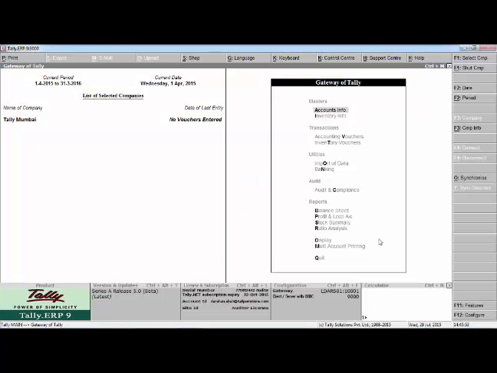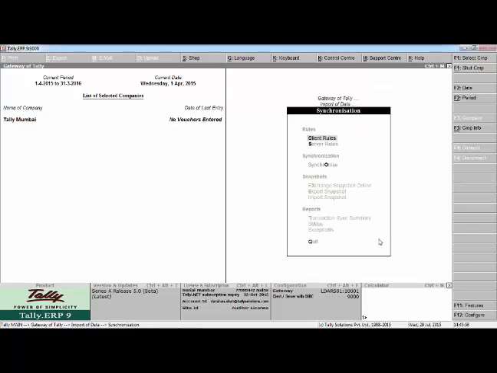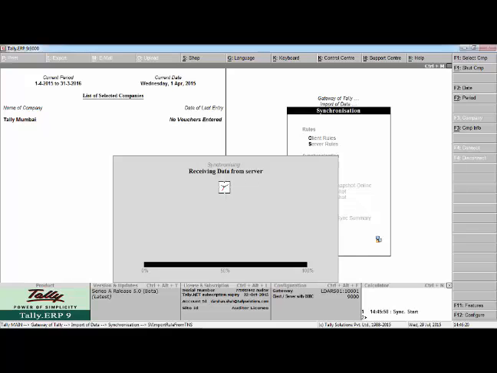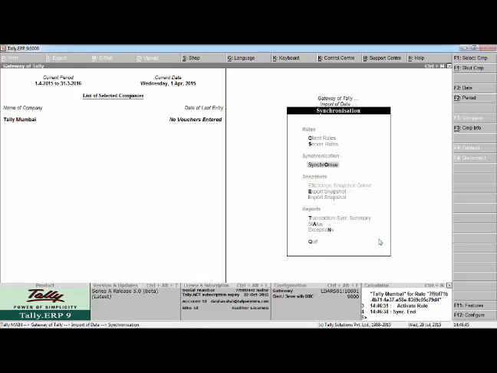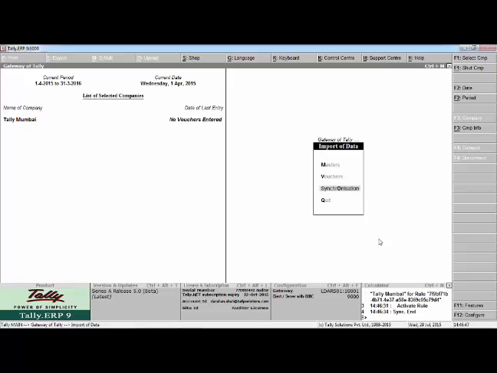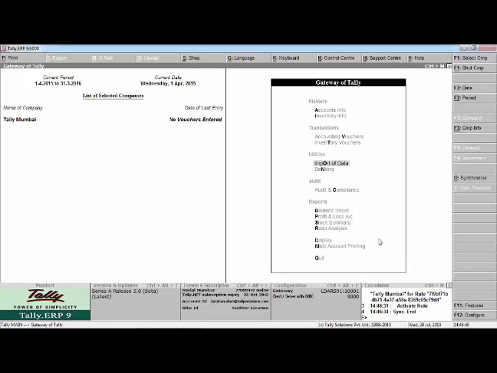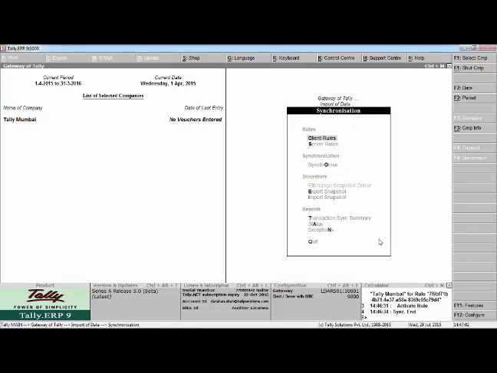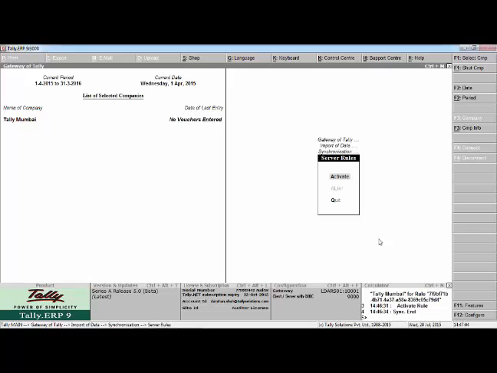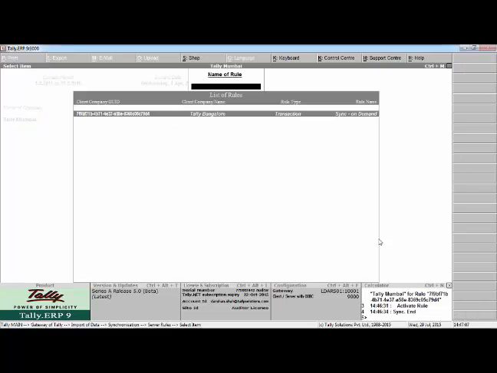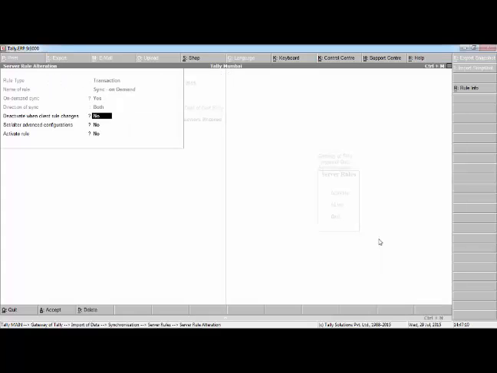Now Tally Mumbai gets connected to the Tally.net server by pressing O and sees if there is any message for this company. Tally Mumbai has read the message which was there on the Tally.net server, sent from Tally Bangalore. So now from Tally Mumbai, let's activate the rule. Import of Data, Synchronize, Server Rule, Activate. Here we get that rule which was sent from Tally Bangalore. So here we activate the rule